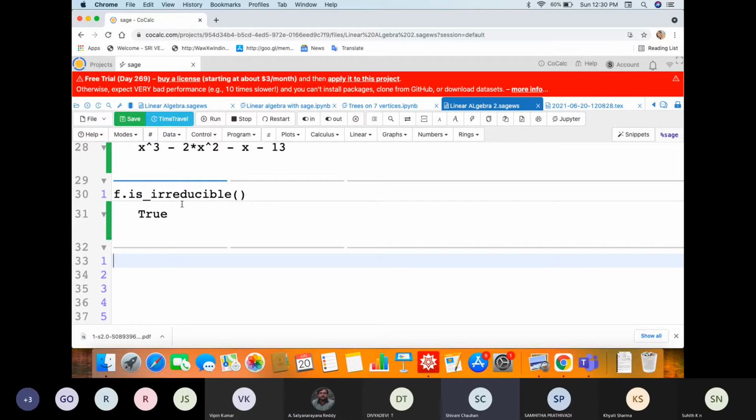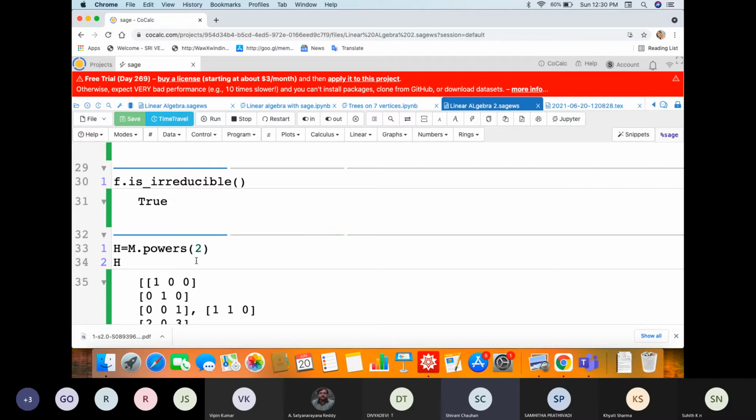Okay, so if we want the second power of this matrix, let us define it as H. Again it is not in a nice form, so let us write it like this.